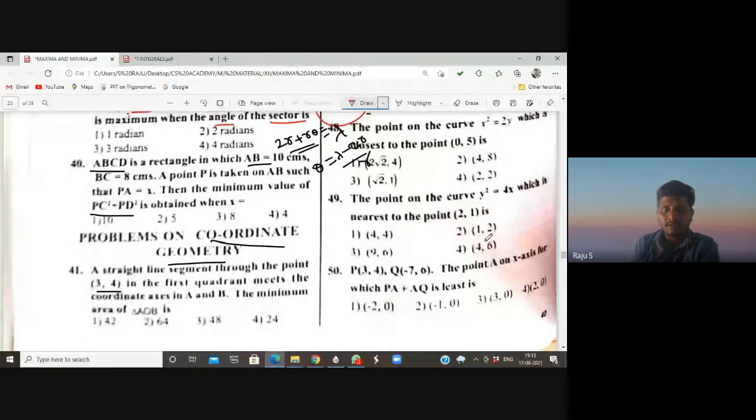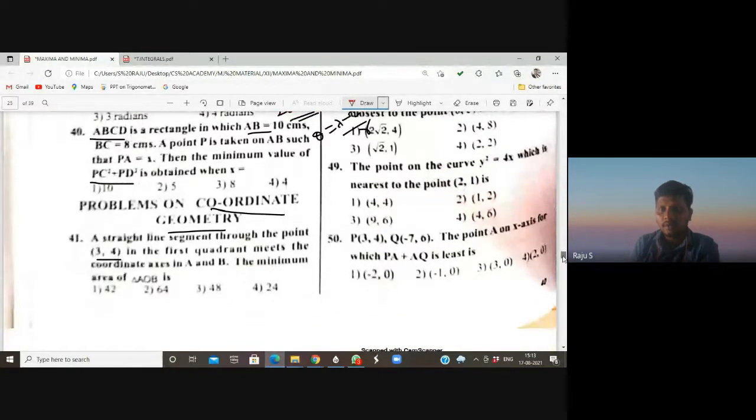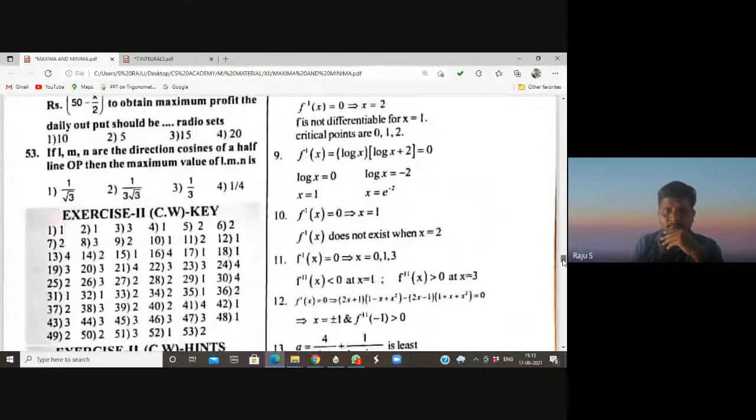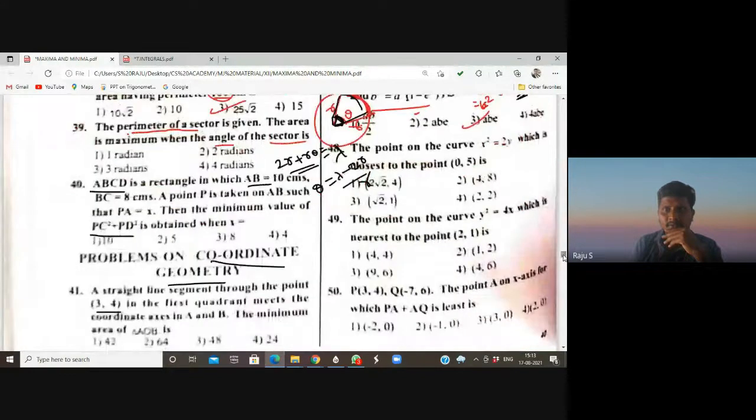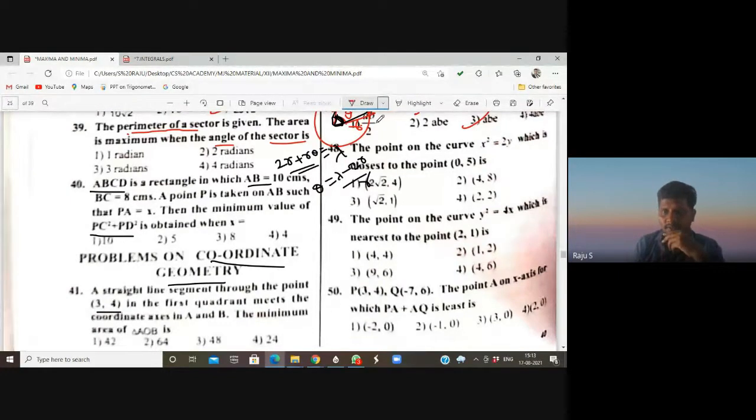Okay, next one. Total how many questions are there? 53. Okay, 53. I'll explain this question, and about 49 or 48 also. Let it be finished, students, just 10 to 15 minutes. I can complete it. The point on the curve x square is equal to y which is